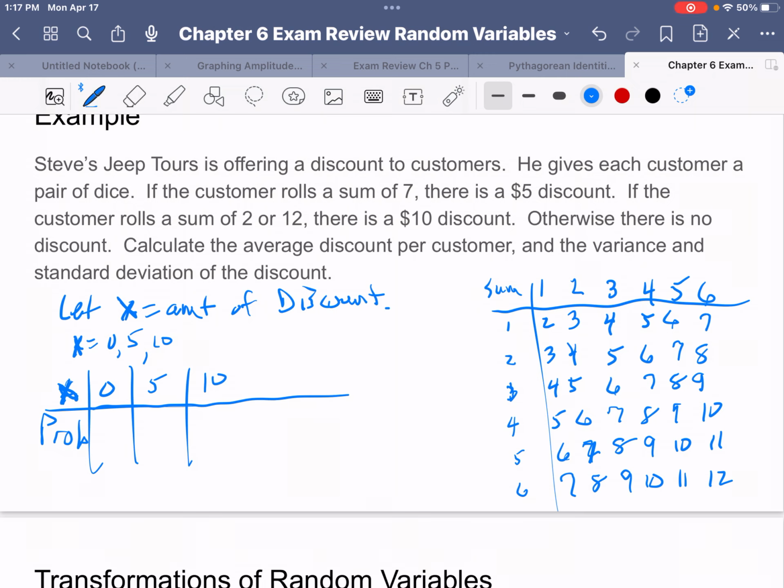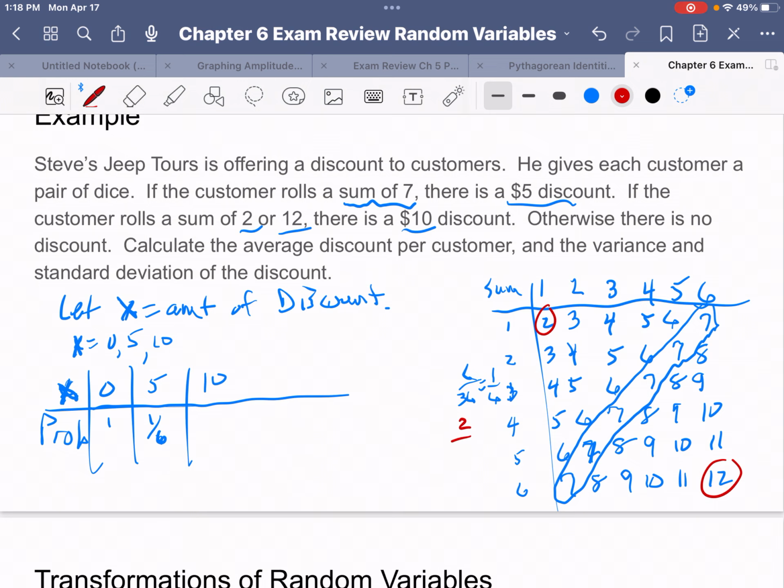Now, if you roll a sum of 7, you get a $5 discount. Well, this table helps me to see that there are 6 different ways to roll a 7. So then this is a 6 out of 36 or 1 out of 6 chance of getting a discount of $5. 1 out of 6 chance, okay? If you roll a sum of 2 or a 12, you get a big $10 discount. Well, I see that there are 2 out of 36 ways or 1 out of 18 ways of getting a